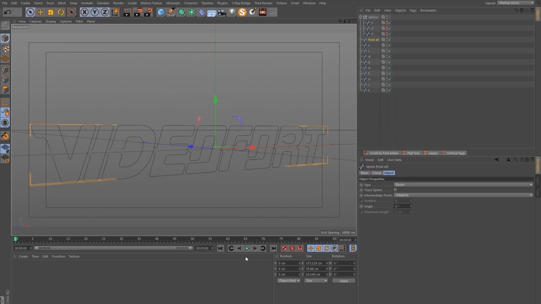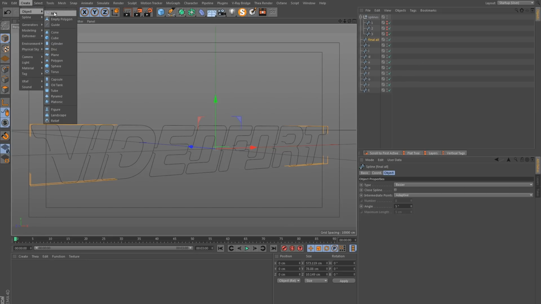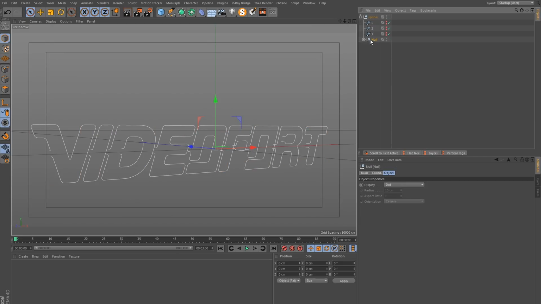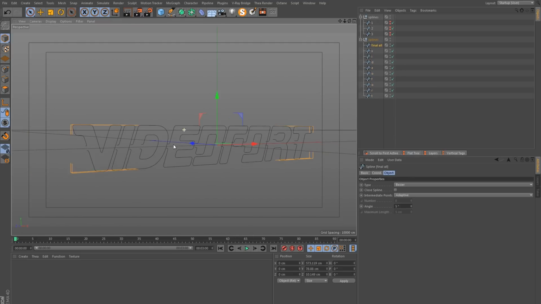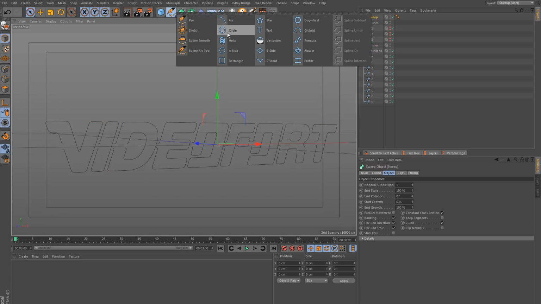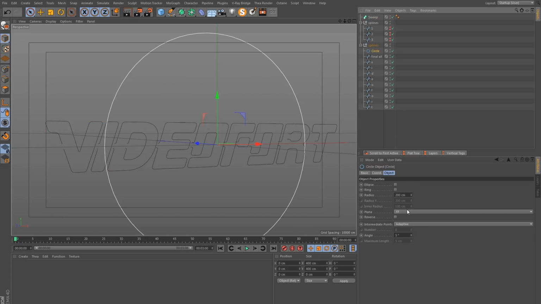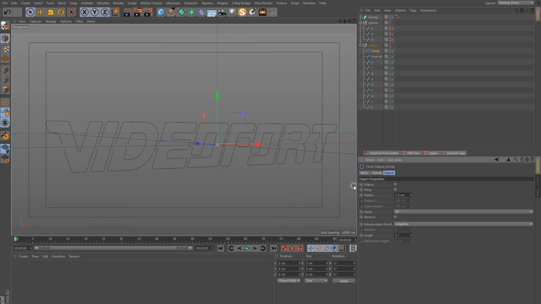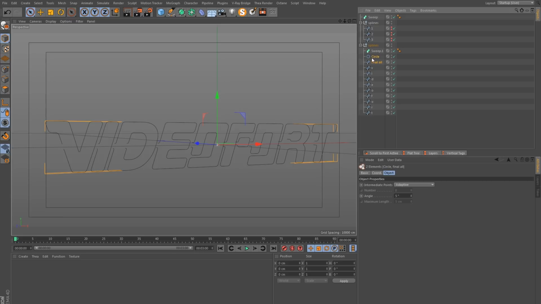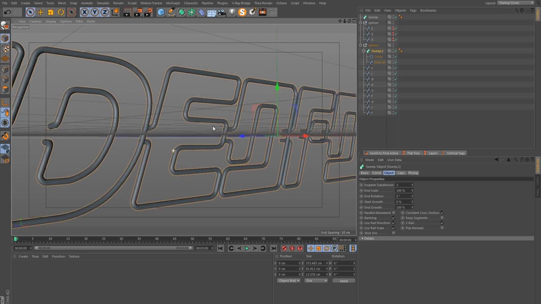Okay, I will bring this back down to overlay on top of my separated splines, and we'll drop this into a null, and let's call this splines. And if we get the Sweep NURBS tool and a circle, we'll drop the radius of this to 1.5, and these are just some numbers I was using before, and we can put the Sweep NURBS and the circle and the spline with everything into the sweep. And now we generate some geometry.